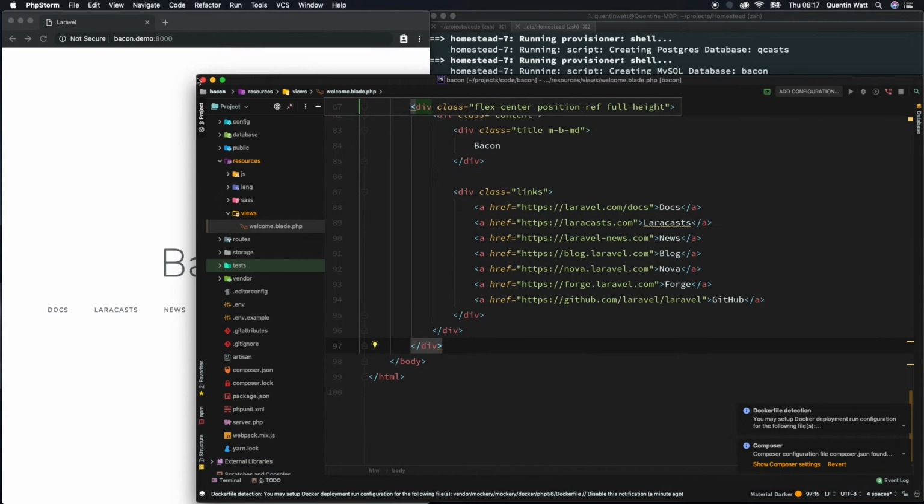Okay, so that's how you work with multiple projects, and that's the process that you're going to have to go through every time you set up a new Laravel project. Hopefully that's not very often, because I want you to work on one Laravel project and finish it. But hey,